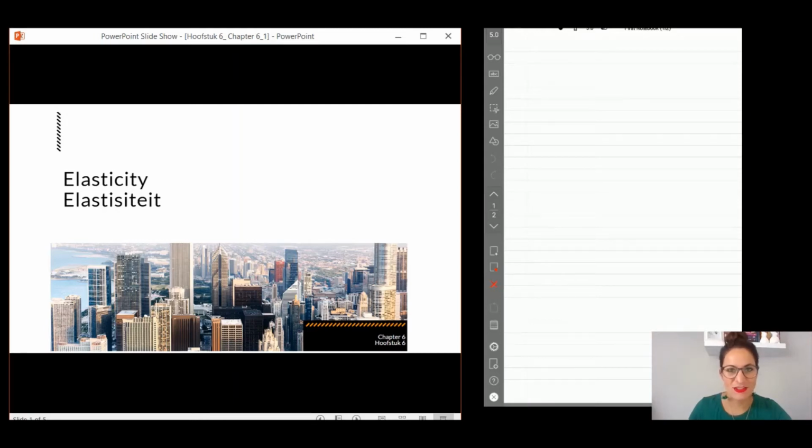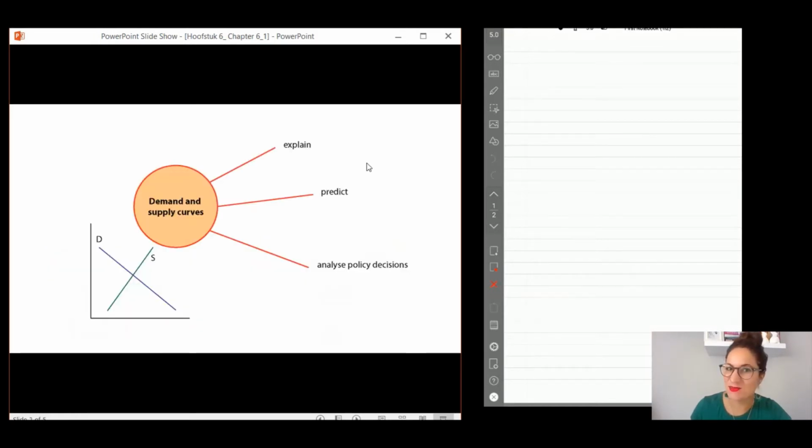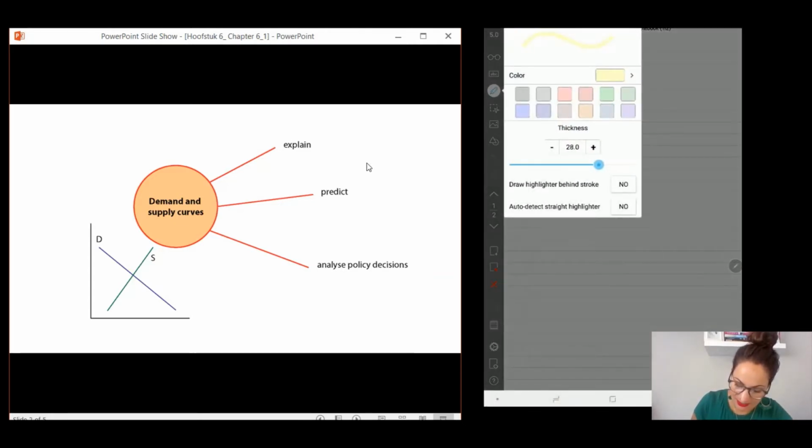And welcome. Today we will be looking at elasticities. Now, elasticities is something that we actually looked at a little bit in our previous chapters. So if you can remember with regards to demand and supply,